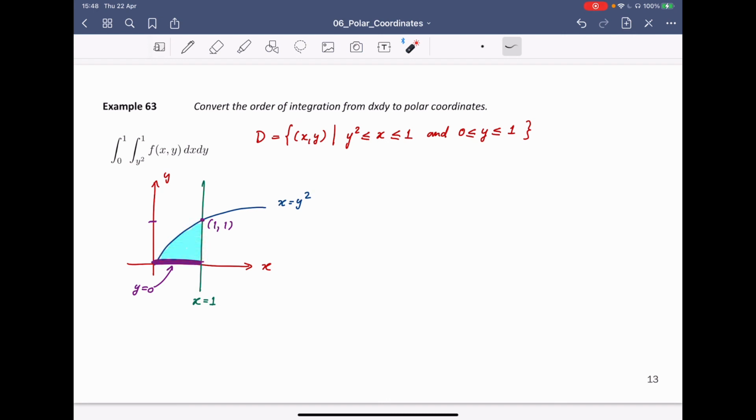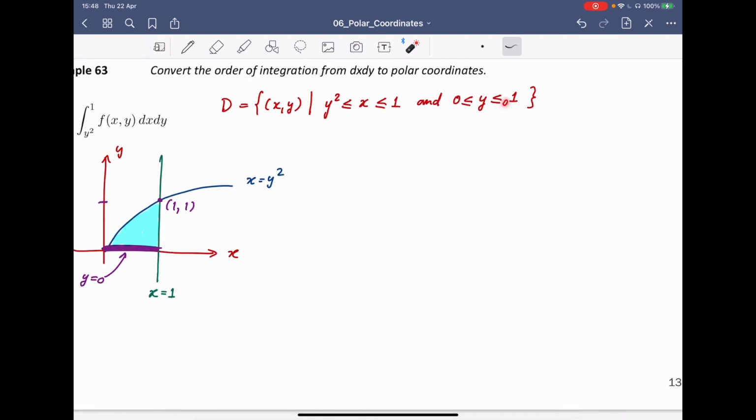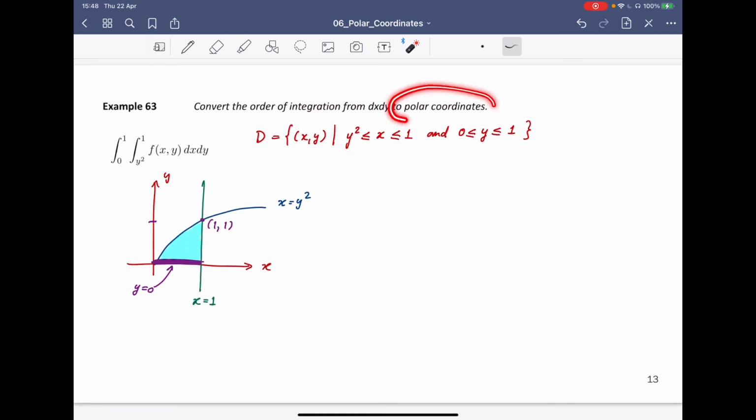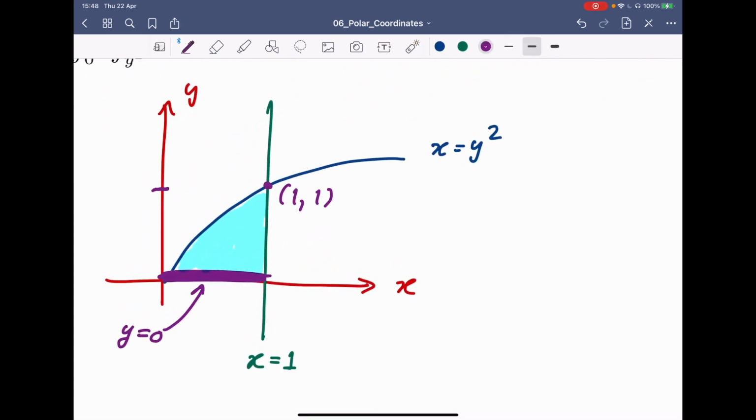All right, the problem asks us to switch this thing to polar coordinates. So that means instead of using a horizontal line, we're gonna do something like this, like a ray, right? And then you can see that if you zoom in here, you can see that, well, once you get